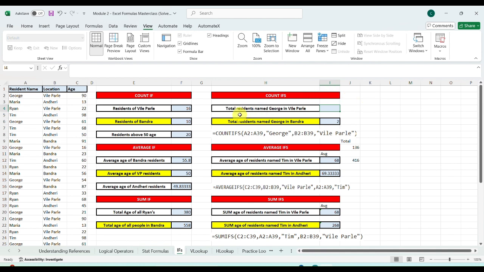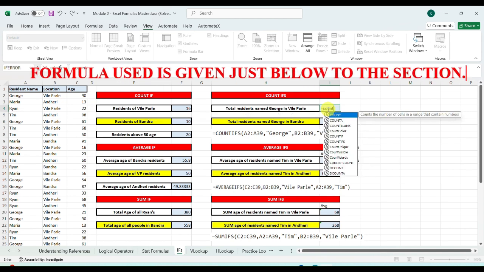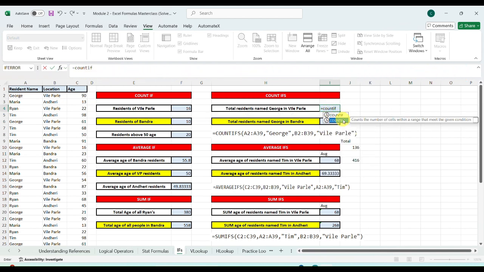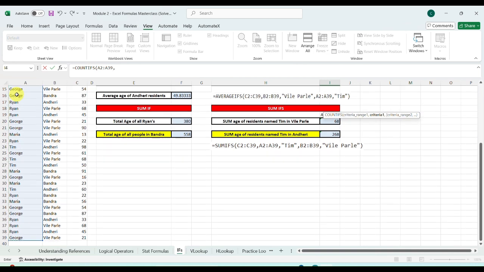COUNTIFS: total residents named George in Ville Parle. So there are multiple queries, more than one query, a resident named George in Ville Parle. Let's start with the formula: equals COUNTIFS. I'll be selecting this one, IFS. Open parenthesis. Total resident name George. Where is the George? This resident name column. This we have selected, comma,